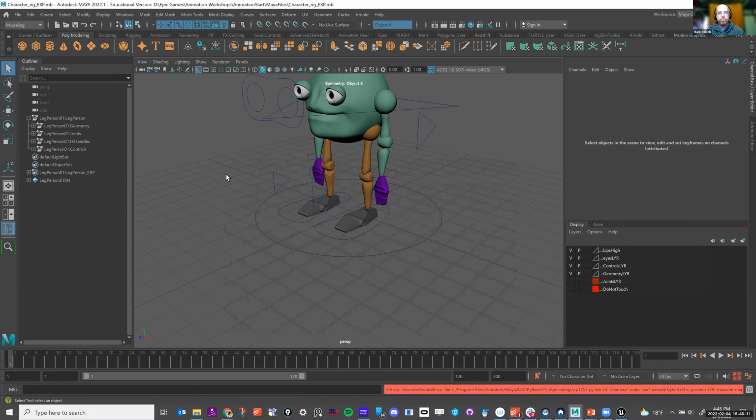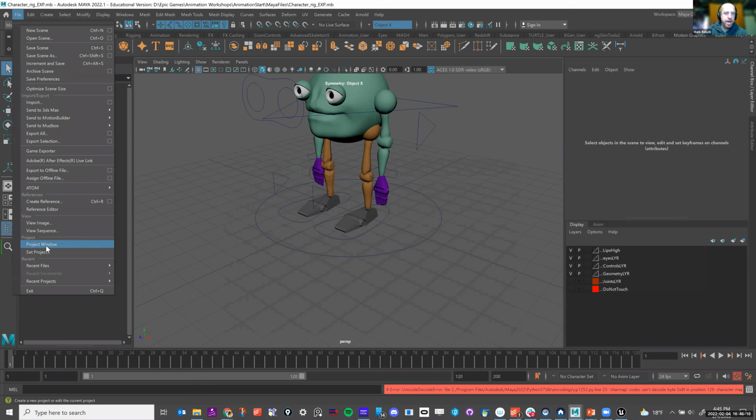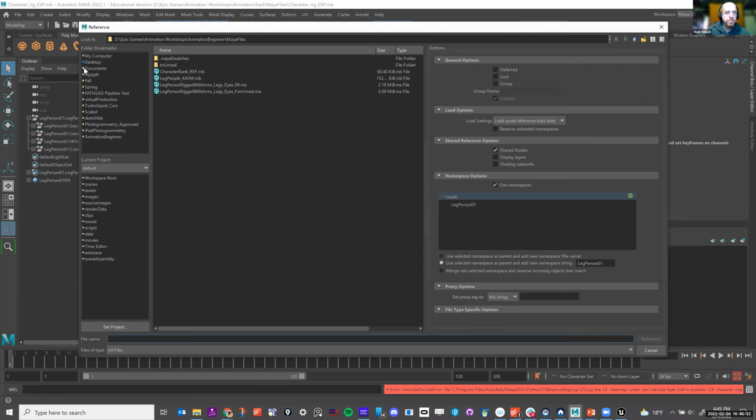If I wanted to bring in another character, say I wanted this guy to talk to his, I don't know, their twin, right? So I have that character, and I'm going to create another reference.